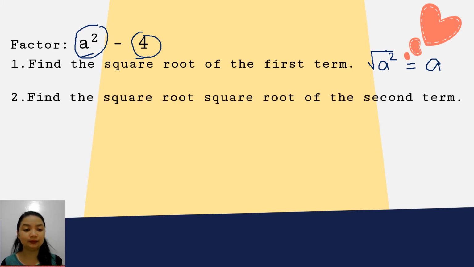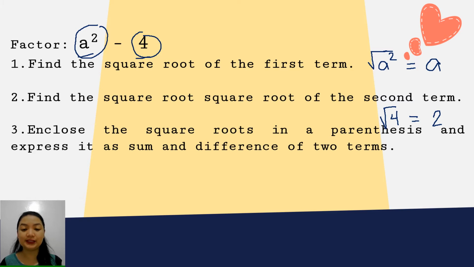Next, find the square root of the second term. So what is the square root of the second term? Or the square root of 4? Yes, that is 2. For our third step,